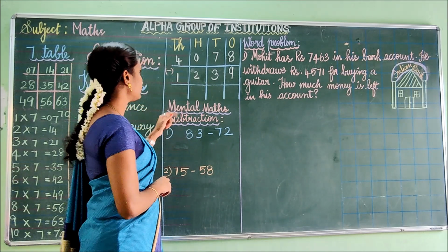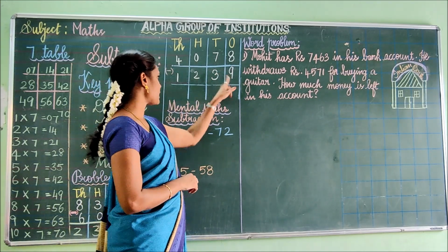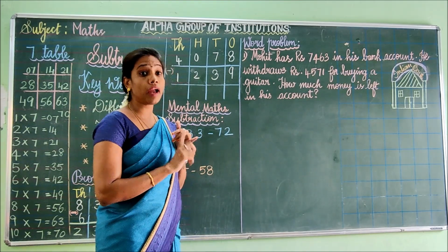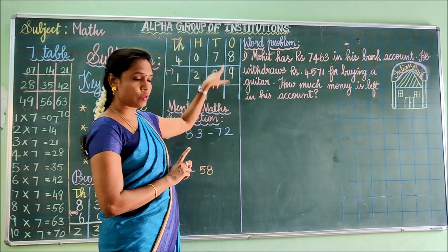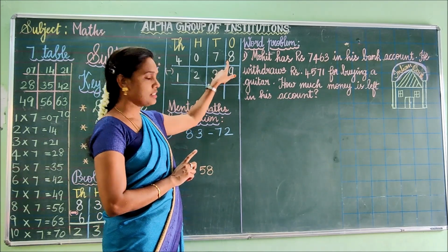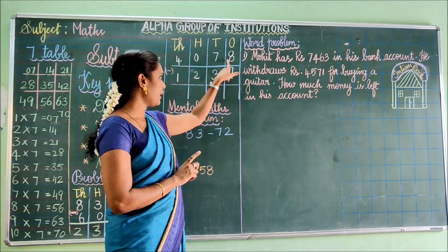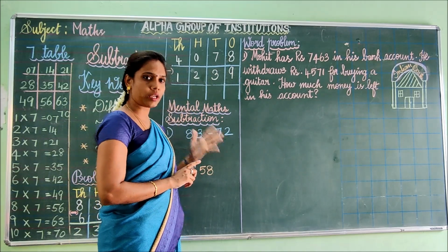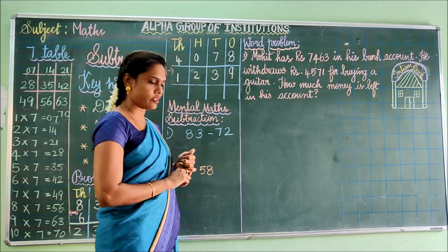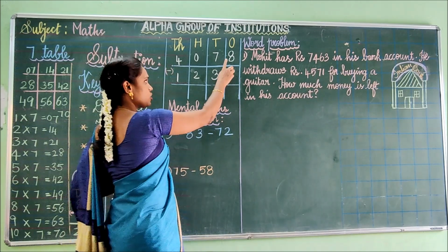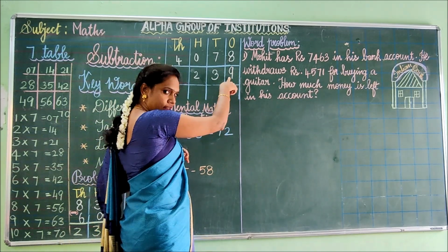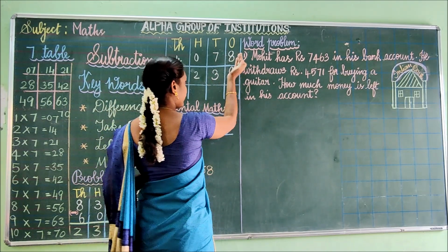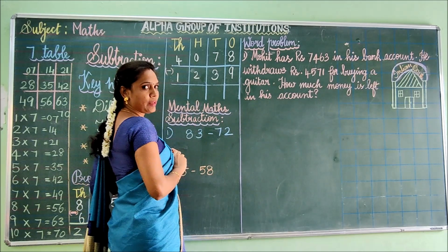Okay, shall we start to subtract from ones place, children? Yes, fine. See here, 8 minus 9. So what is the first step you have to do in subtraction? You have to check whether the number is greater or less. See, 8 minus 9. 8 is smaller than 9. Okay, it should not be like this. We cannot subtract. It is not possible, children. So what do you have to do? This is a small number when compared to 9, isn't it? Yes. So you have to borrow one from the tens place.